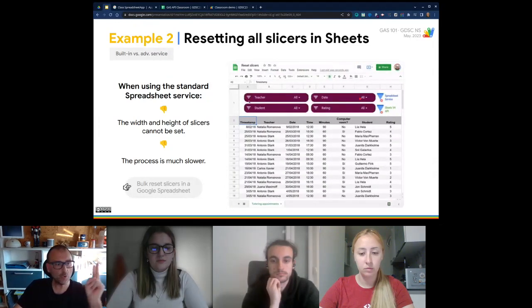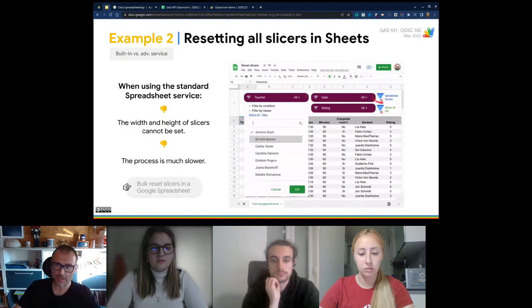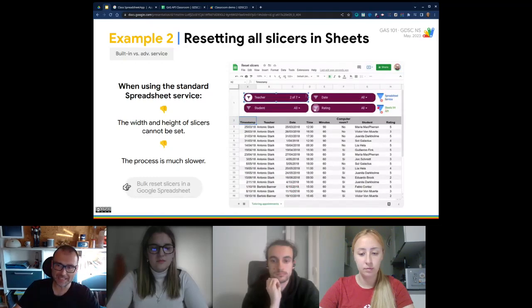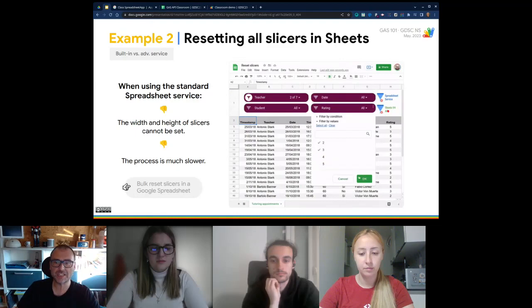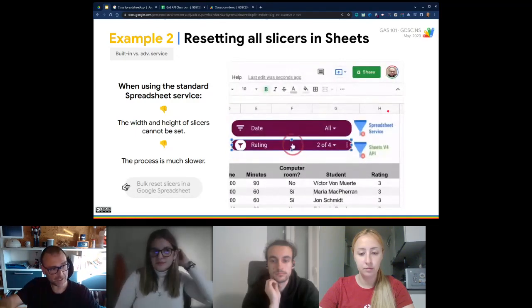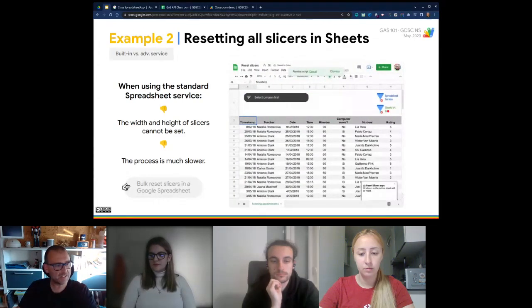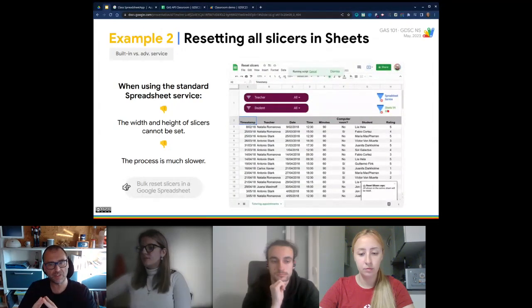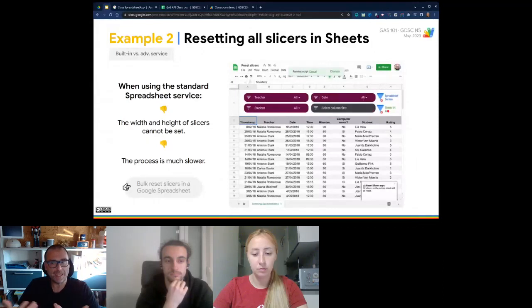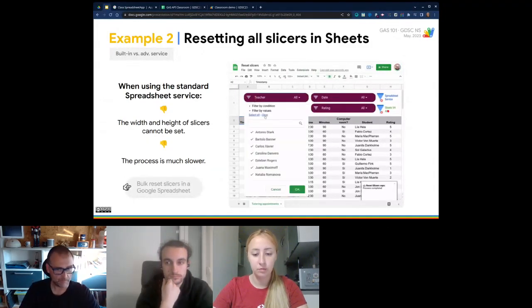Well, there are two ways of performing this. The first one uses the spreadsheet service, and the second one uses the Sheets API by means of the advanced service that wraps it. Remember, advanced services are no more than thin wrappers of the real APIs that lie beneath them.